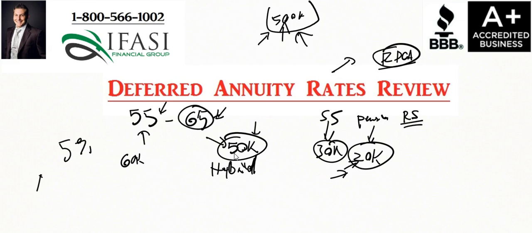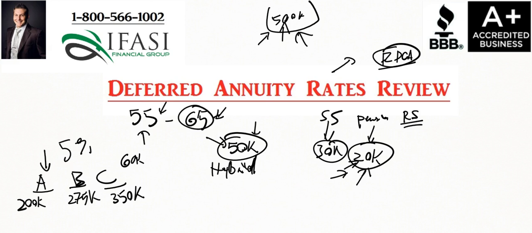So if we have Company A, let's say we have 3 companies that come back in first, second, and third place. Company A determines that it could accomplish the lifetime income goal of $20,000 by only using $200,000. Company B, with the same rating, requires $275,000, and then Company C requires $350,000 of an initial deposit. Well, obviously we're going to go with Company A because we're going to use less dollars, have the same quality contract, and it's going to provide us lifetime income.